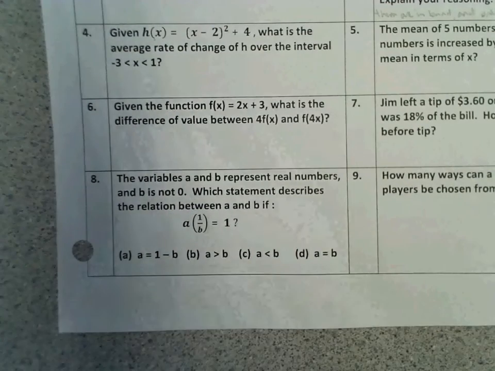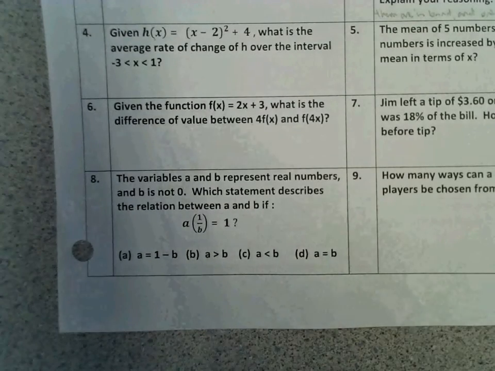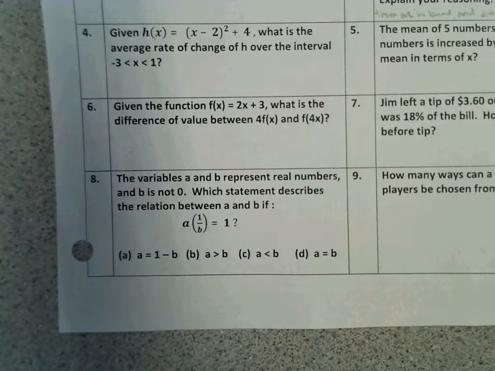Given h of x equals (x - 2)^2 + 4, what is the average rate of change of h over the interval -3 to 1? Basically, average rate of change just means if you take the total value at -3 and the total value at 1, and you average that over that interval of 4, it's going to tell you about how much you changed